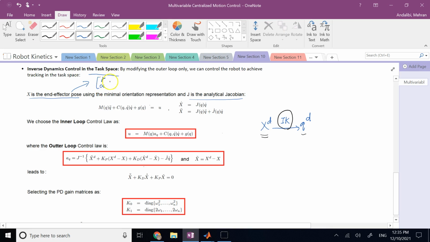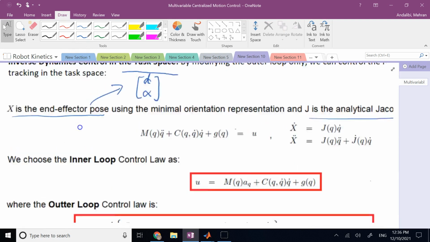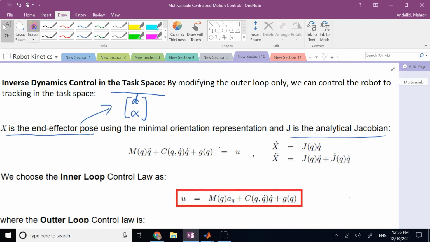So alpha is like Euler angles or something. It is not really a rotation matrix, okay? Or if you want, instead of r, you might show it with d or o or something. So this is the minimal representation of the end effector, where the time derivative of x